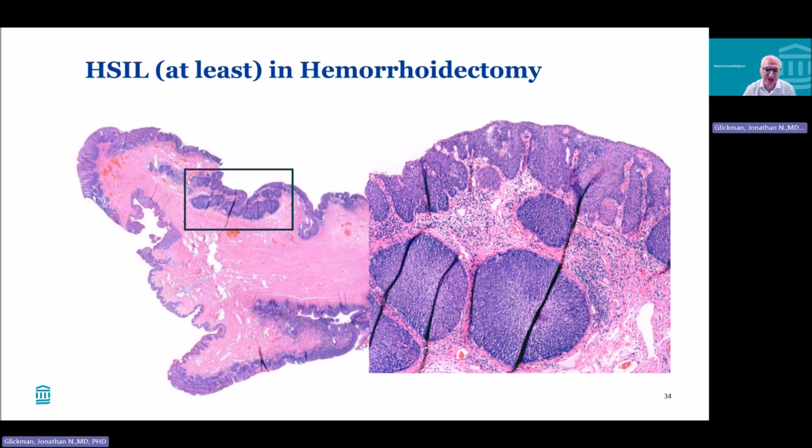But, in addition to the screening and surveillance setting, one has to consider the possibility that one can have an HSIL or an early cancer as an incidental finding. This particular one is from a hemorrhoidectomy, where we see this area of AIN3 HSIL and what I would interpret as a superficially invasive squamous cell carcinoma, although this is somewhat challenging also because of these rounded nests. But,